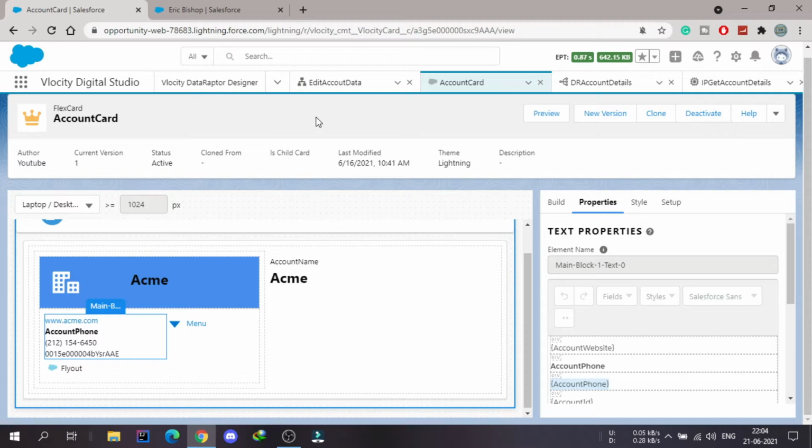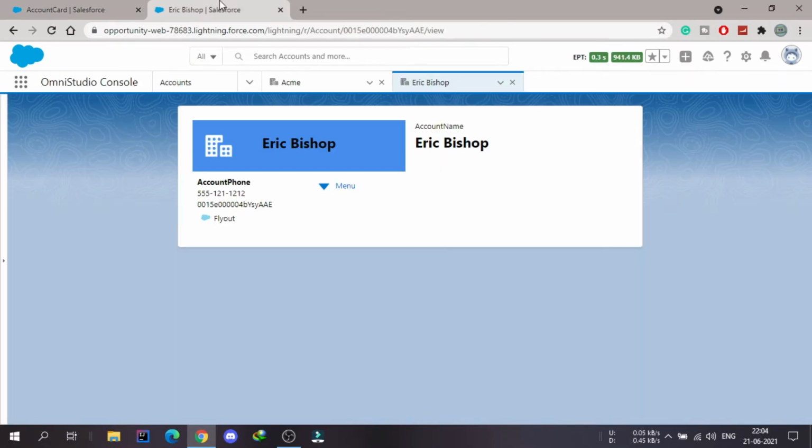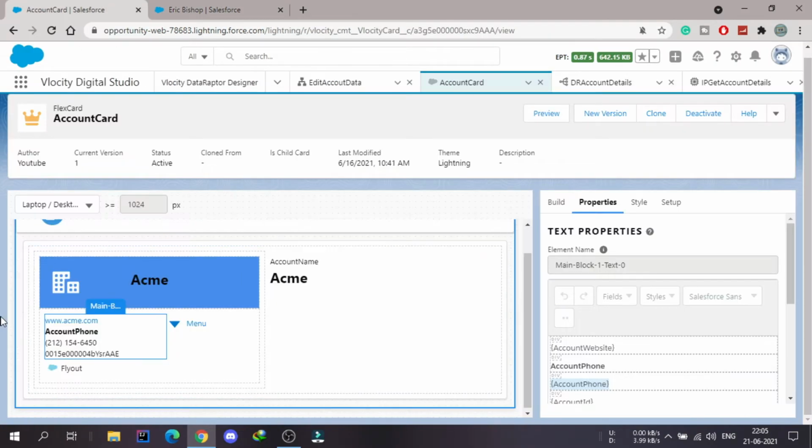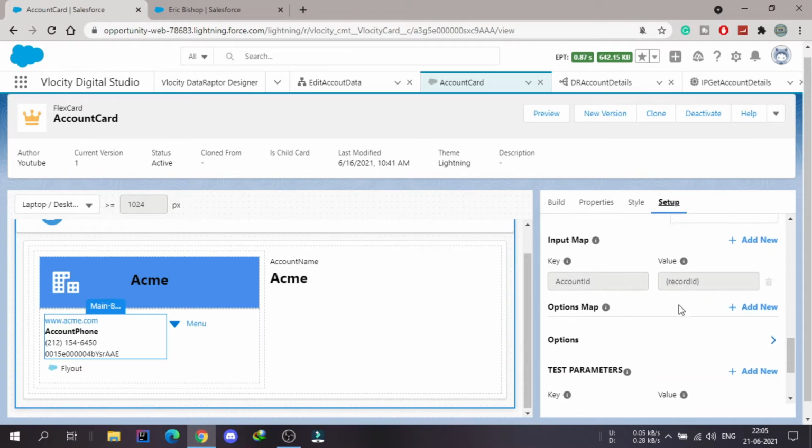So how is it getting the data for the account specifics? Here you can see it is getting the data of Acme as well as Eric. Basically, if you open any account, the ID of that account is present in the URL. After clicking on any account, it will open this card, and this card is getting the ID from here.